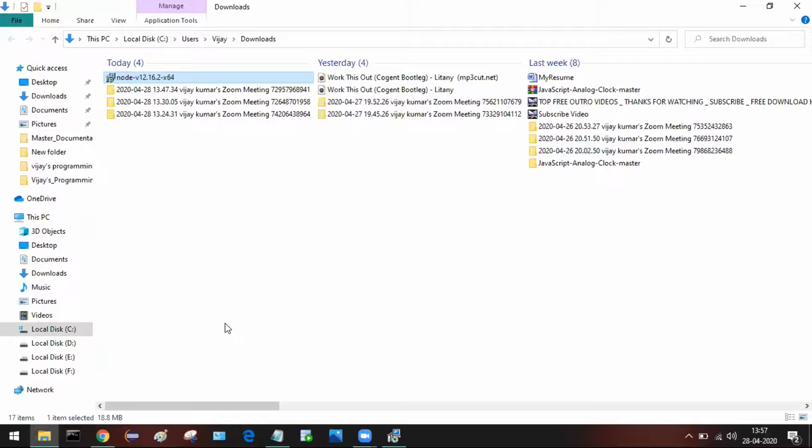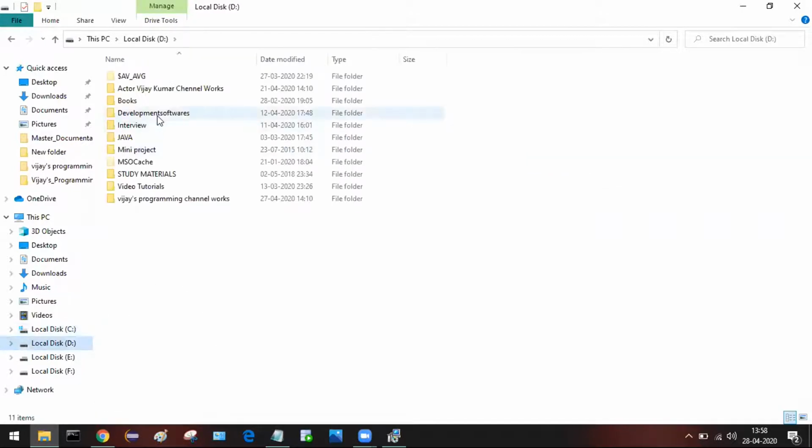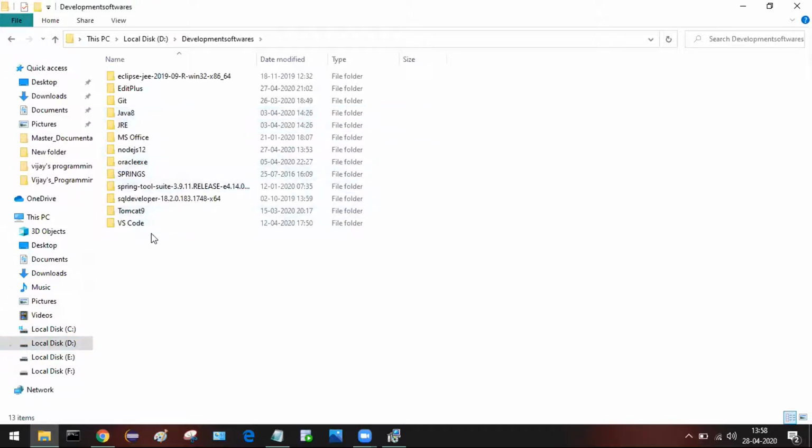I'm not going to interrupt the performance of the system by installing these development softwares in the OS drive, which already contains the OS. That is why I'm changing the drive here. In my case, D drive, development softwares.